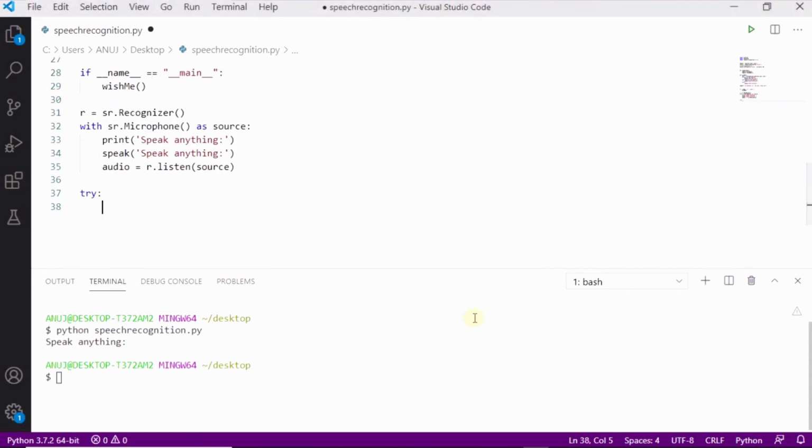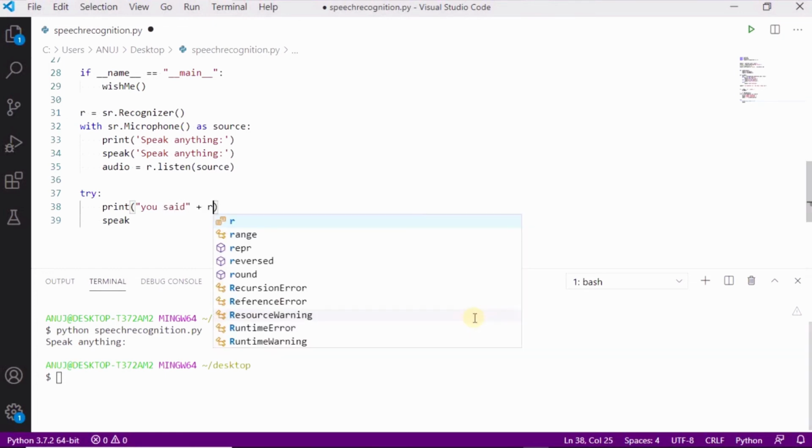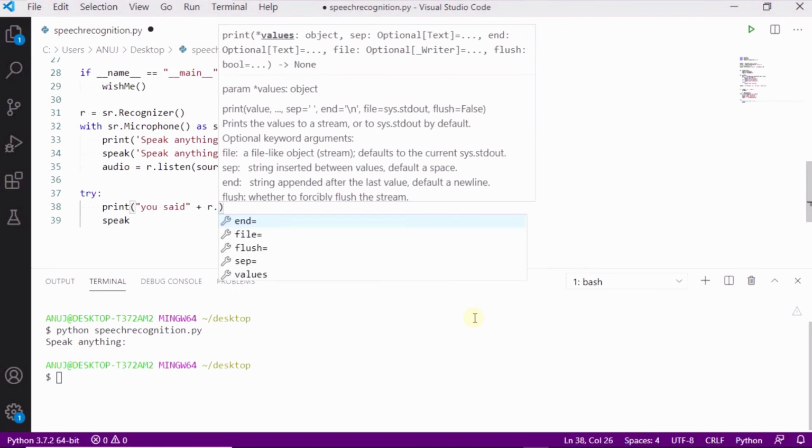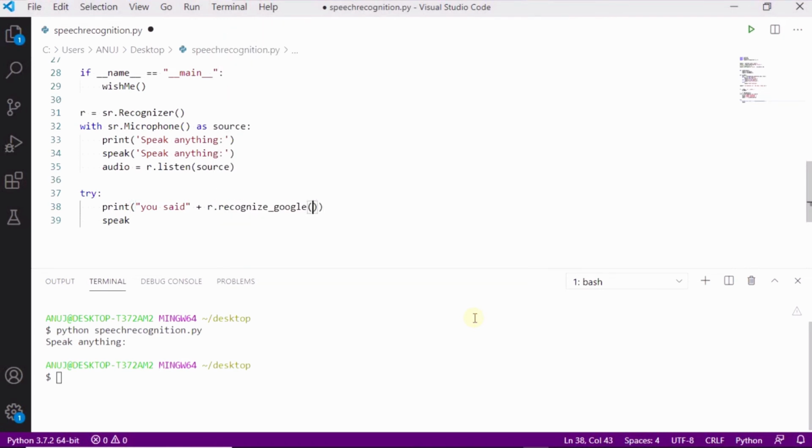Inside the try block I will use two functions, that are print and then speak function. Inside this I will type you said, then concatenate with r dot recognize_google and audio. Copy this one and paste inside the speak function also.